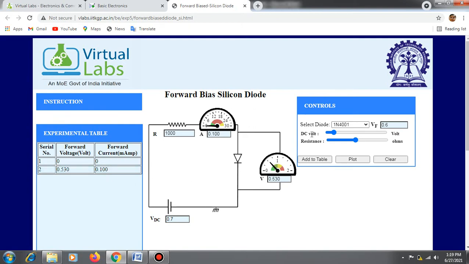Now you can just increase the value and then click add to table. Now the values are recorded in the experimental table. So repeat the same for the various values of DC volt and add it to the table.